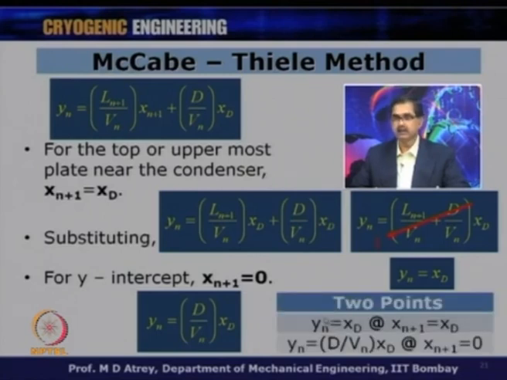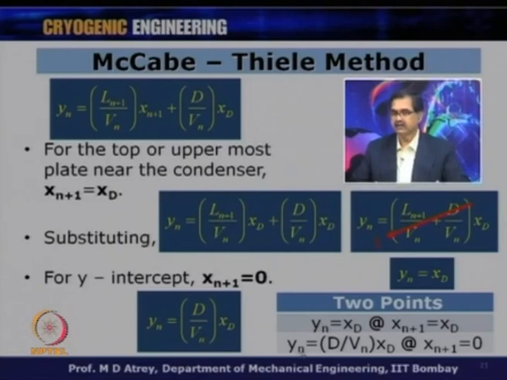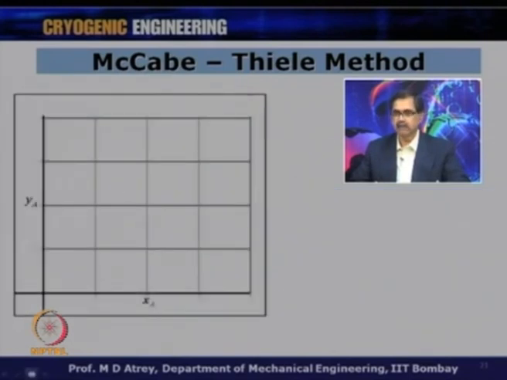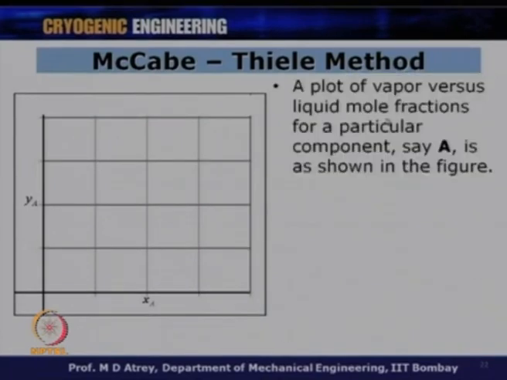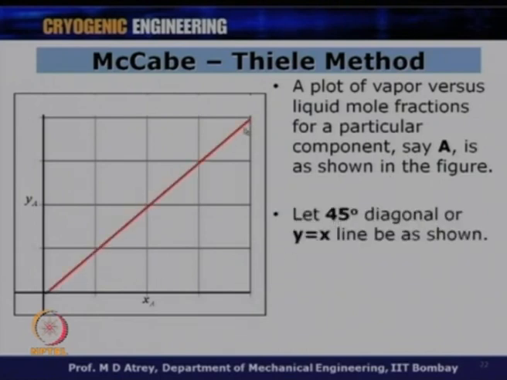What are these 2 points? Yn is equal to xd at xn plus 1 is equal to xd, which we just derived, and the other point is the y intercept, which is yn is equal to d by Vn xd at xn plus 1 is equal to 0. If I know these 2 points, I can draw the operating line for the enriching section. Now I am plotting y versus x for a component, a plot of vapor versus liquid mole fraction for a particular component A as shown in the figure. First, I will draw a y is equal to x line,